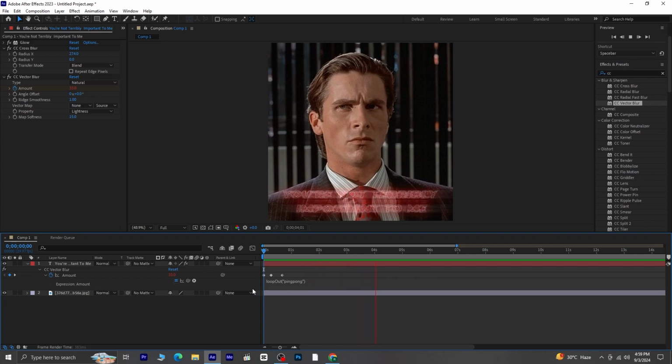Preview the animation to see how it looks. You can make further adjustments to the keyframes if needed to perfect the effect. And there you have it, your animation is